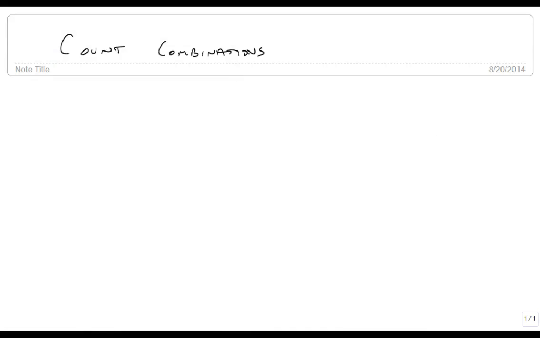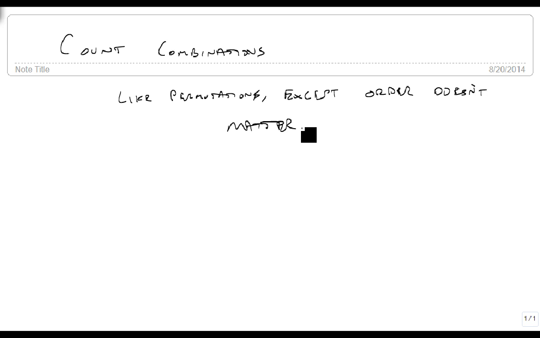We're now going to count combinations, which is similar to counting permutations. So it's like permutations, but there's a big difference in that order doesn't matter. So it doesn't matter where you sit in the class, it just matters that you're sitting in the